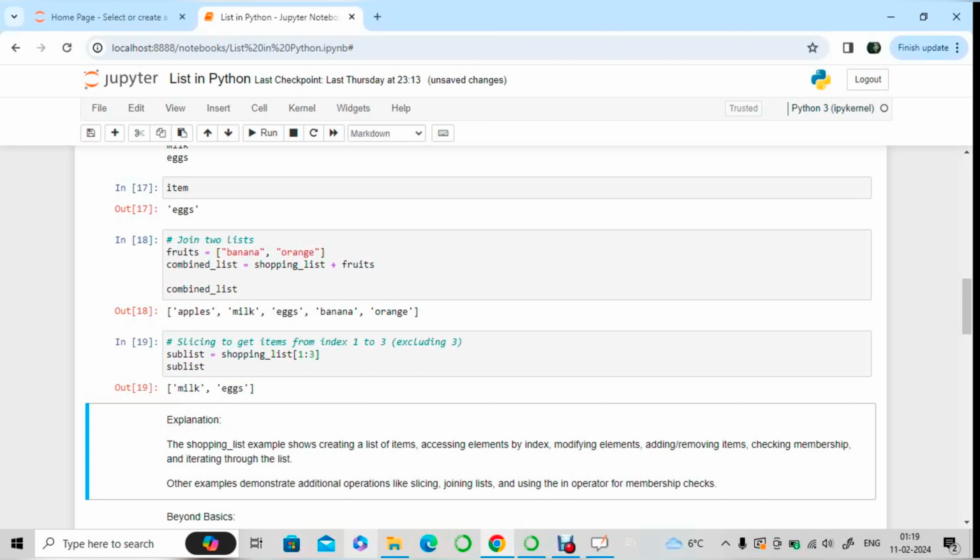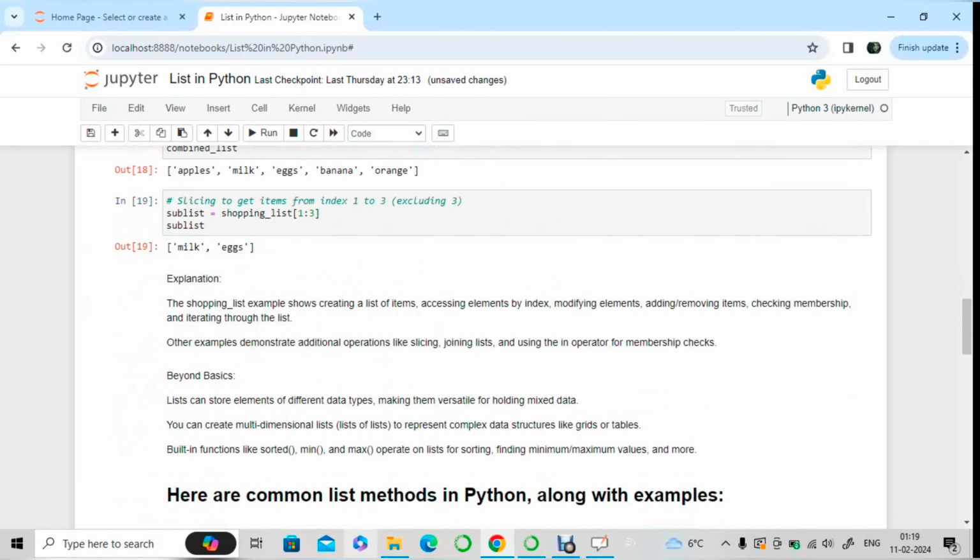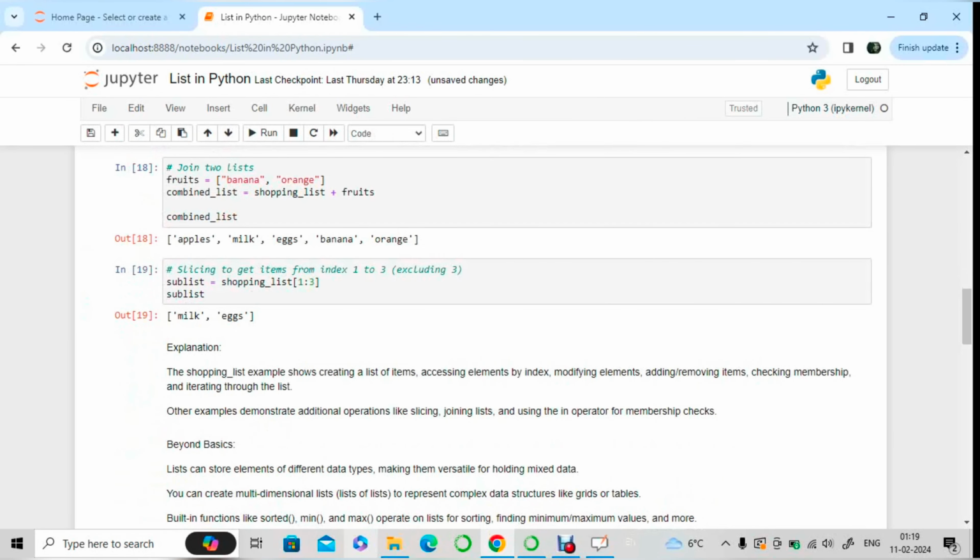See now, see shopping list. Where is our shopping list? Our shopping list is here. What is our shopping list? This is our shopping list: apple, milk and eggs. Okay, now what I'm saying,